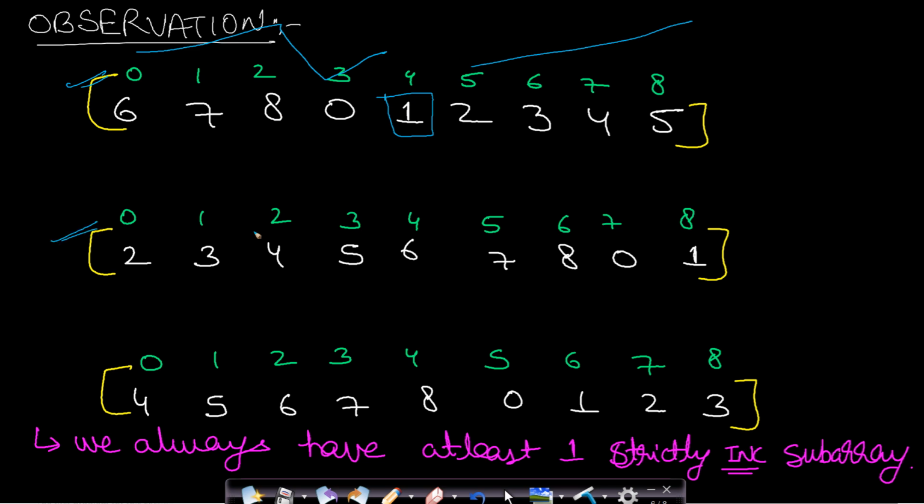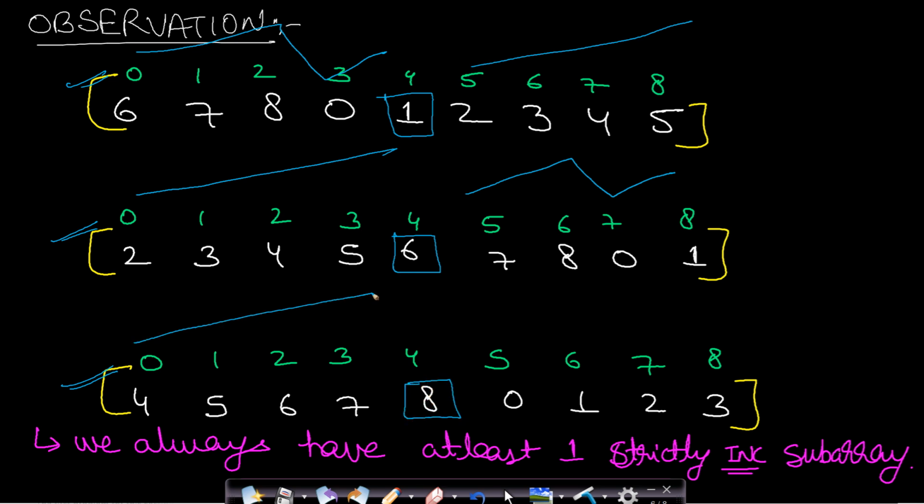Now in the second example, if we divide this into two parts, then this is element 6. At least one of the left or the right half will be strictly increasing. In this case the left half is strictly increasing, and on the right half it increased to value 8, again decreased to value 0 and increased to value 1. So the left side is uniformly increasing. In the third example, if we divide this into two parts, then this is the middle element. The left part is strictly increasing, and the right part is also strictly increasing. So these are the three cases possible, and we always have at least one strictly increasing subarray on either the left hand side or the right hand side of the partition.